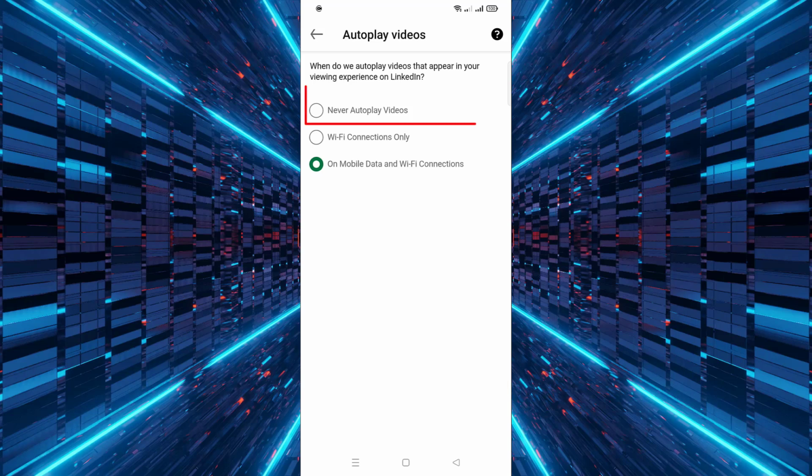Finally, choose Never Autoplay Videos to completely stop videos from playing automatically in your feed. From now on, LinkedIn videos will only play when you decide to tap on them, helping you save both data